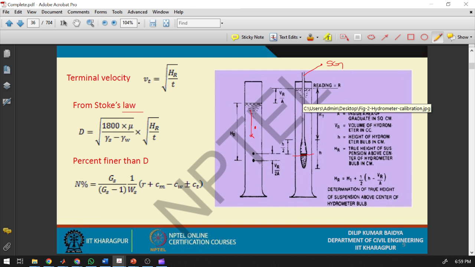The hydrometer reading will tell you the specific gravity of the material here. And we are assuming that the material that we mix in the hydrometer gets stratified as it is falling, separated based on the size of the grains. What we are assuming is that all the grains have the same